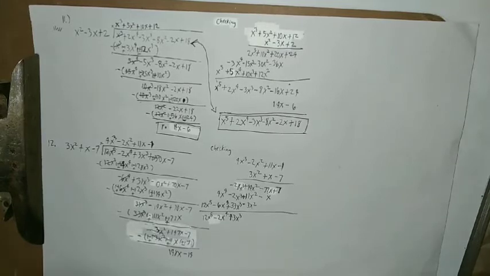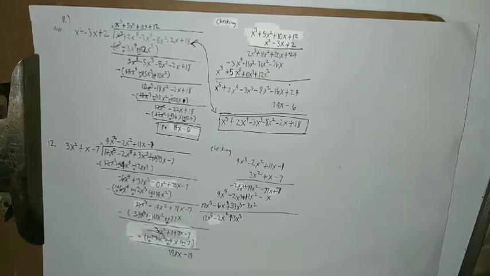So then after you put x squared, we should start dividing them each by each. So 3x squared divided by 12x raised to the fifth power, so you get 4x cubed. Then you multiply 4x cubed to 3x squared plus x minus 7, so you get positive 12x cubed, then positive 4x raised to the fourth power